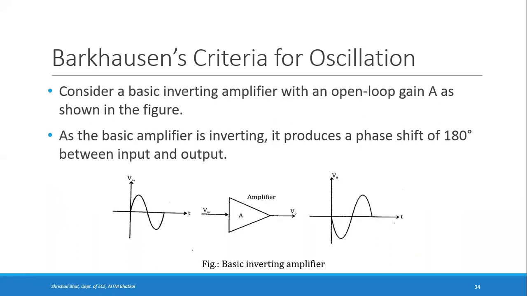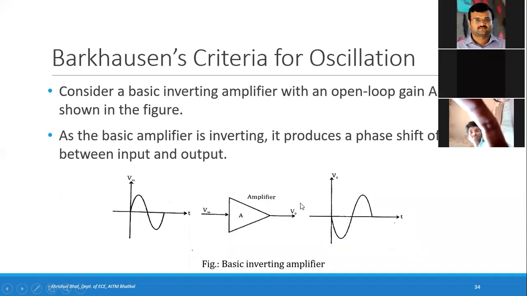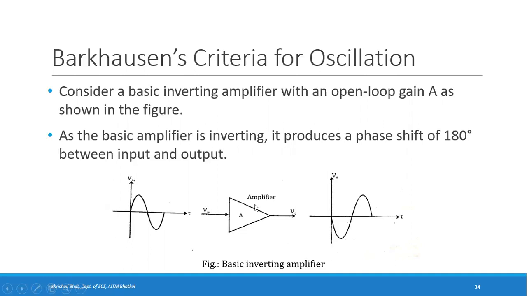We are not supposed to give any input voltage, but from the output, a feedback should be given to the input, and that should be sufficient to continue the oscillations. And how to do that? What we observe is the output is obtained with a phase shift of 180 degrees, right? Then if you give this back to the input as it is, the input is not what you would have got from this, right? There will be a phase shift of 180 degrees.